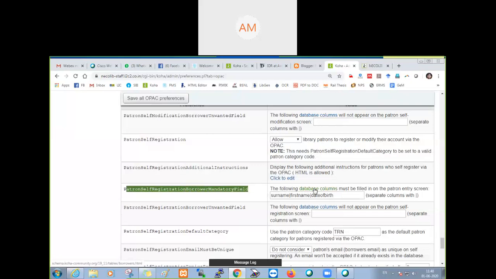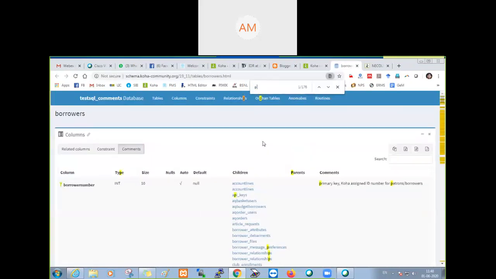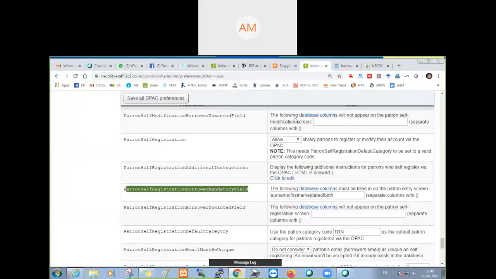I'm clicking on database column and searching for primary phone. The code is phone. I'm just copying this, going here, putting pipe and the phone. Saving.